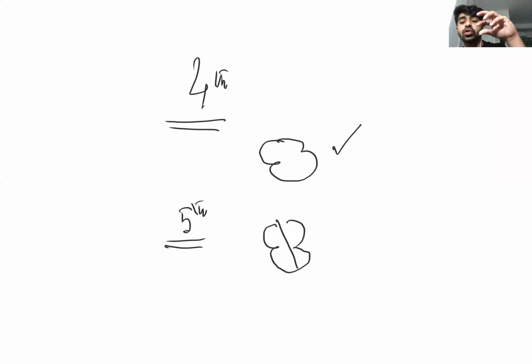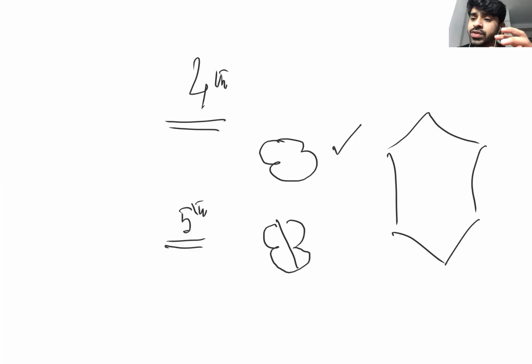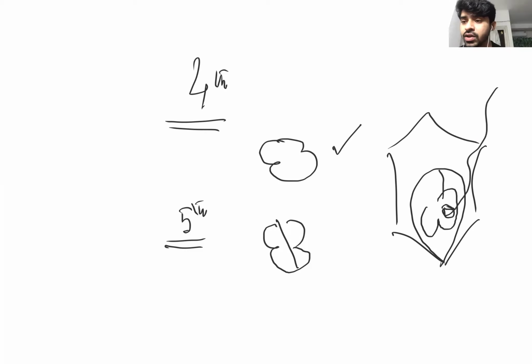If you put a stethoscope on the mother's abdomen, suppose this is the mother's abdomen, suppose this is the level of the uterus, and suppose this is the fetus, which is lying like this. If you put a stethoscope here, you can listen to the sounds of the fetal heart. Okay, and that is possible only at the fifth week. This is called fetal heart sound, FHS.